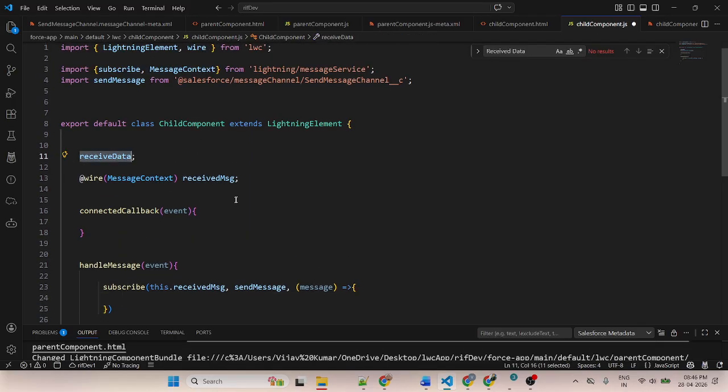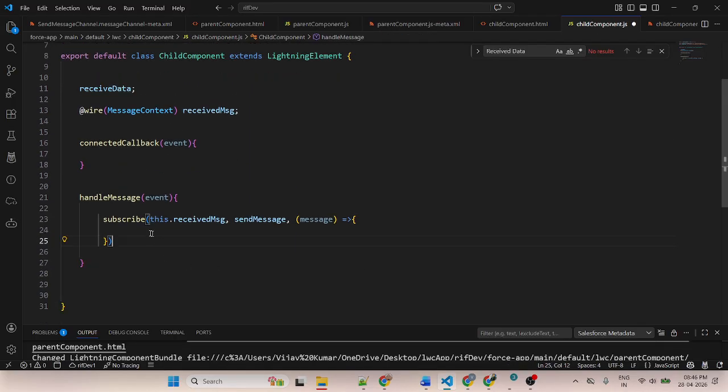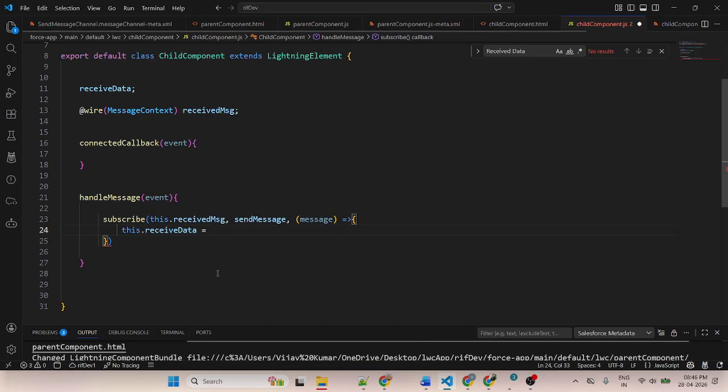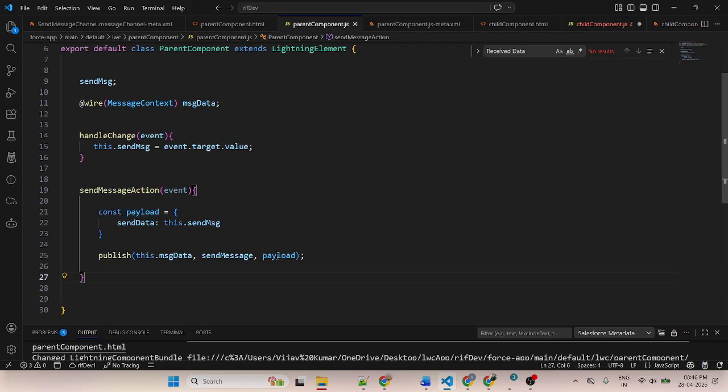So this.receiveData is the variable, equal to the message. The message is declared as data instead of this parameter, because I am passing data dynamically.